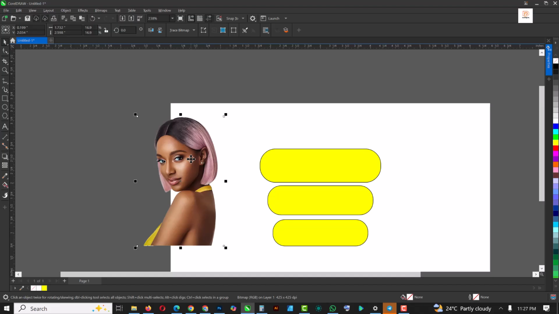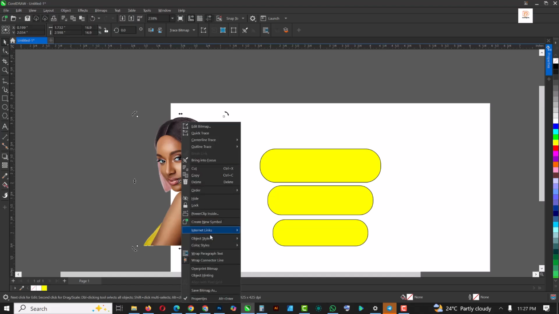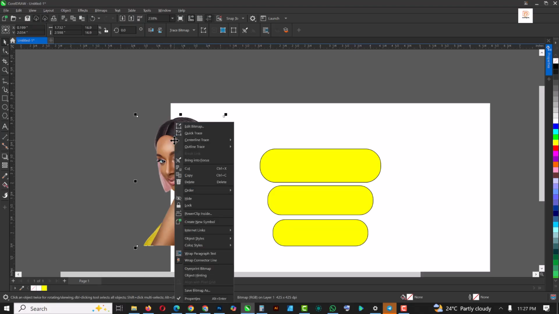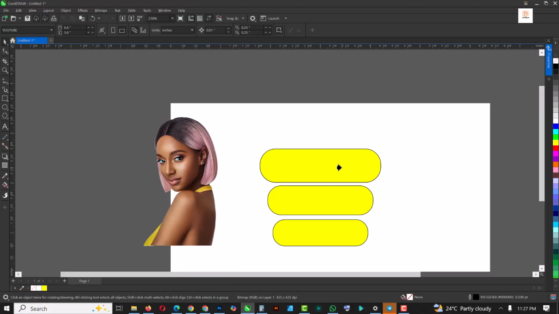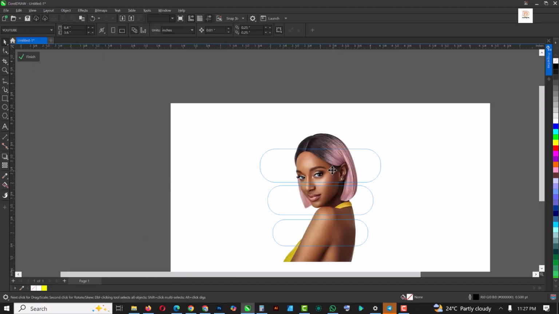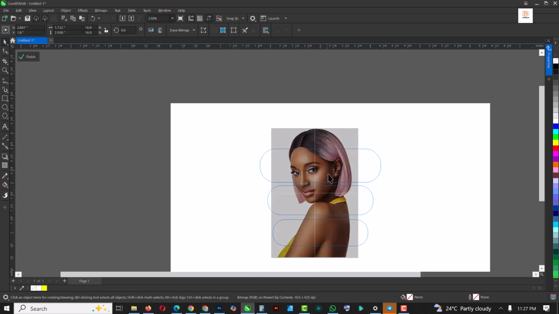So I'm going to bring this out and right click on it. Right click and select power clip inside. Select and right click and click on power clip inside and select the rectangle. You can see it's inside already. But click edit because we want to position this well. Put it somewhere here